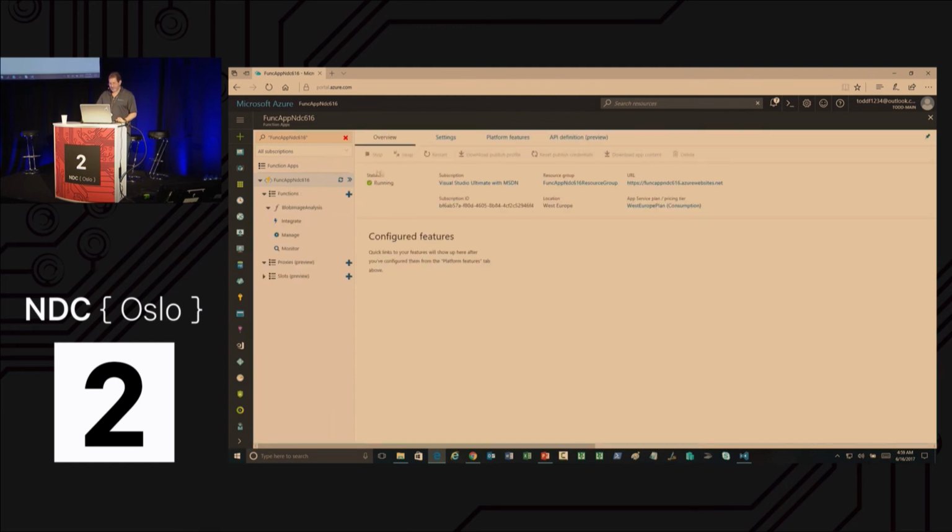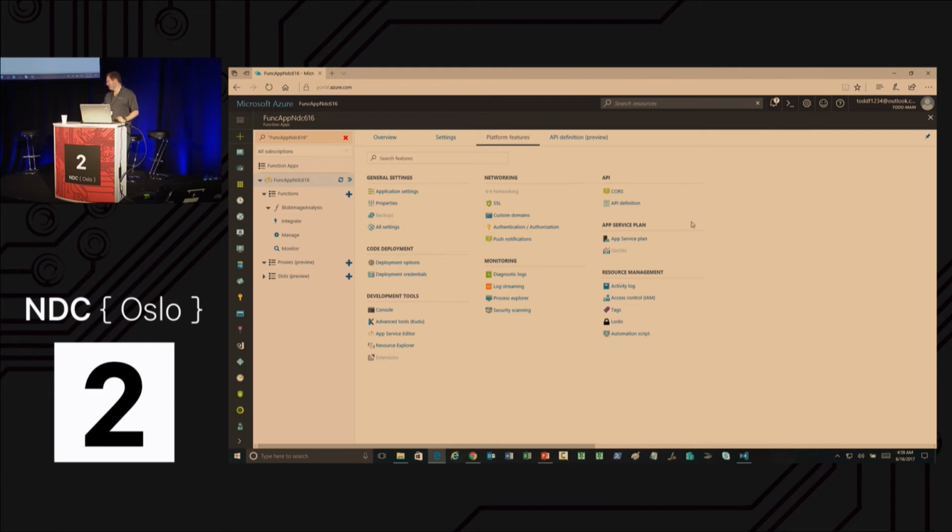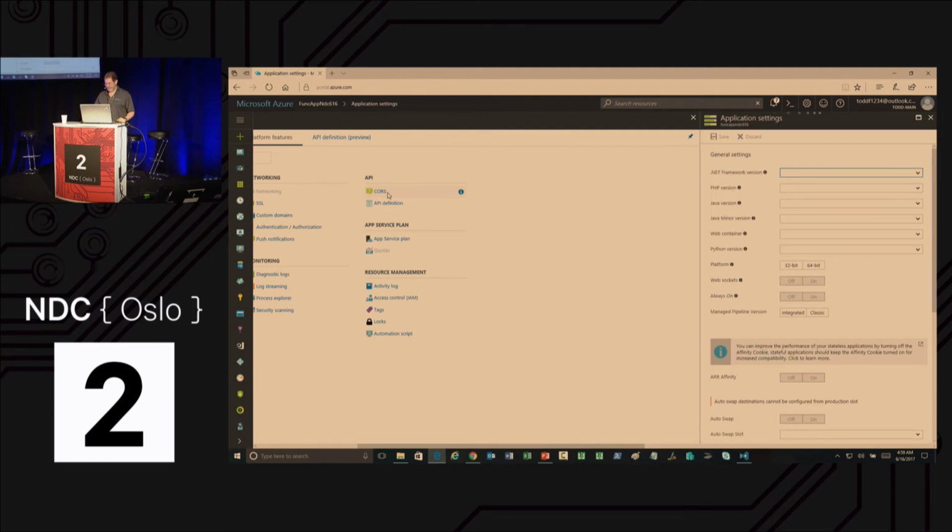So how do I do that? This is our function app. Here's our function that we just built. There's a couple ways to put in settings. The one that says settings, where you'd think it would go, is really just the most basic stuff. There's almost nothing there. But when you go to platform features, you get this rich set of settings that you can do for deployment slots and proxies and custom domains and all kinds of stuff. We're going to go to application settings.